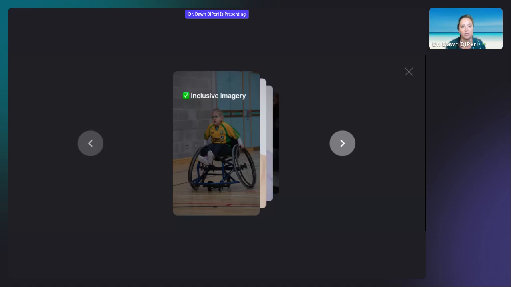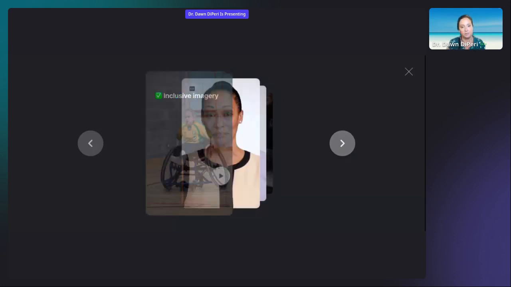So we want to be inclusive, because especially when we think about children, even though we have an underrepresentation of, say, Black women in tech, that doesn't mean that we should not include images like that. We want to include that because we want children to see themselves in the images and to feel like they can be anything they want to be, right? So we want to make sure that we're being inclusive, we're including representation when possible.